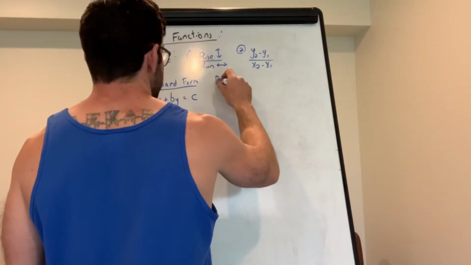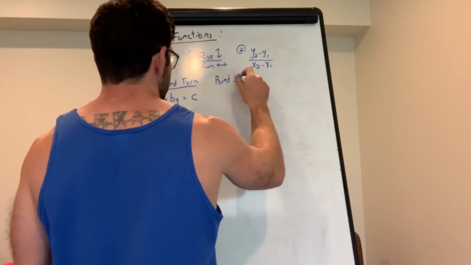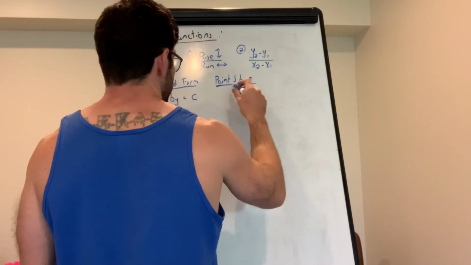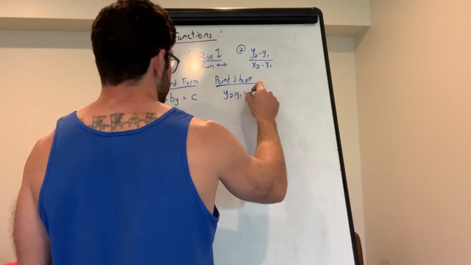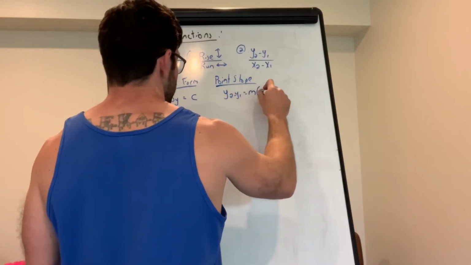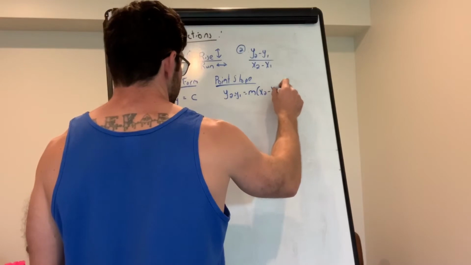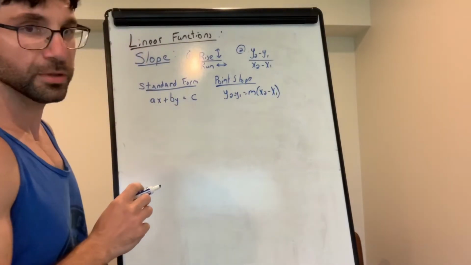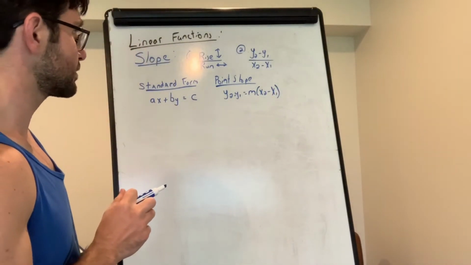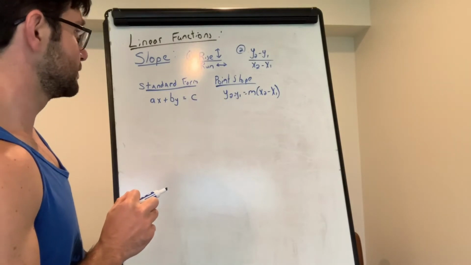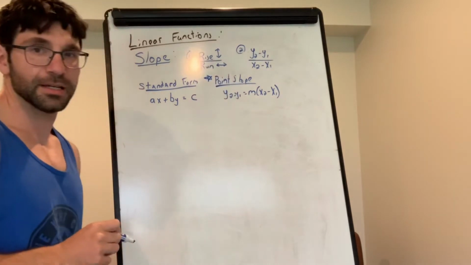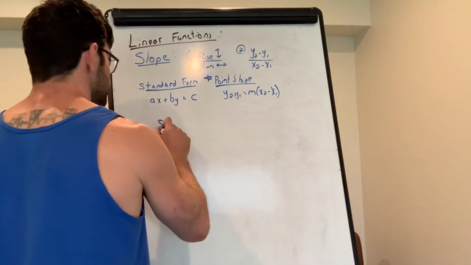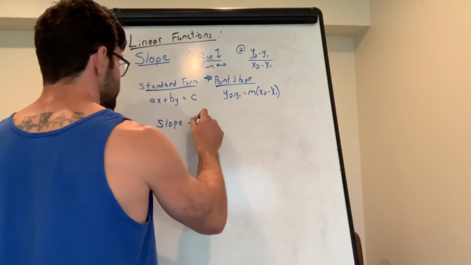There is point slope form, which, let's see if I can remember this, I think it is y2 minus y1 equals m times x2 minus x1. I hope. I'm trying to remember if that's correct or not. It might be wrong. I'm trying to remember this off the top of my head. But then, the most important is